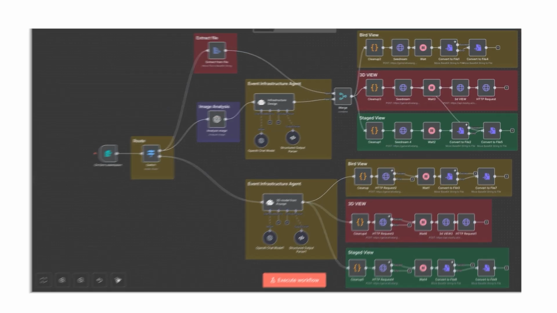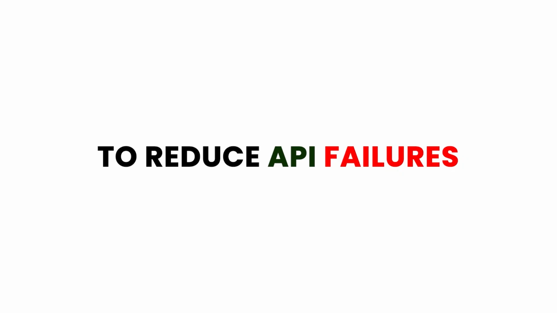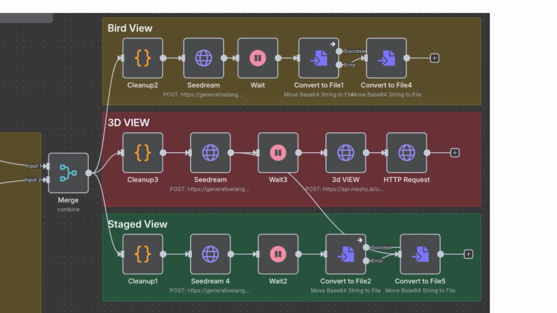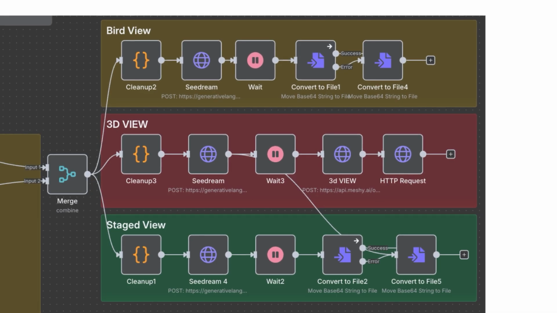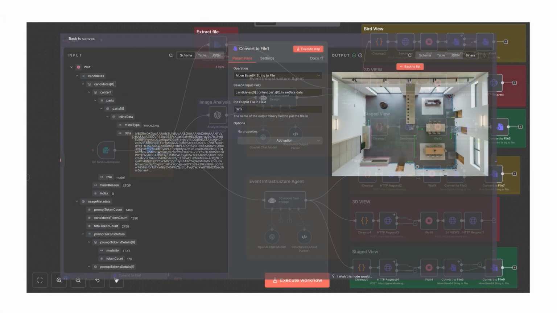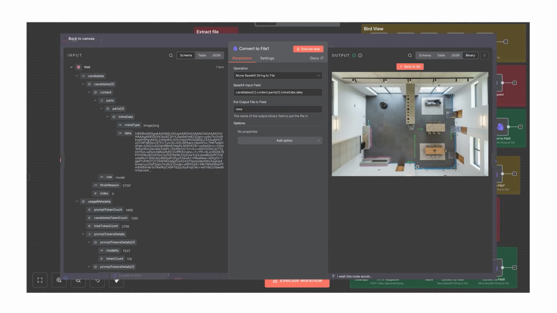After Seedream, there's a wait node. Why? Because sometimes the API returns before the image is fully processed. This wait ensures we're getting the complete, high-quality image. Then convert to file nodes. These take the base 64 image data from Seedream and convert it into actual PNG or JPG files that can